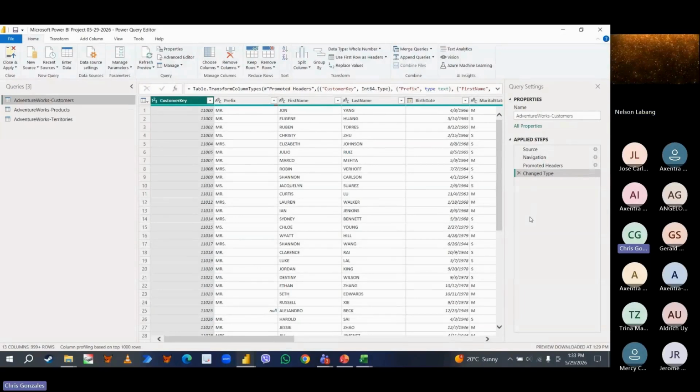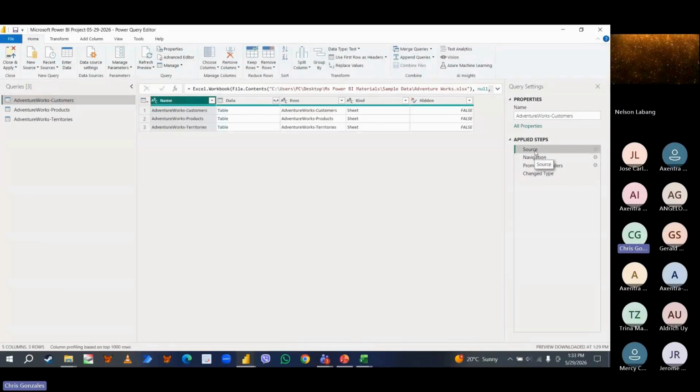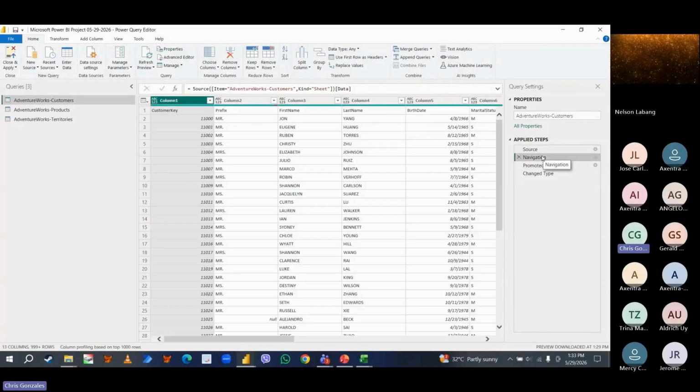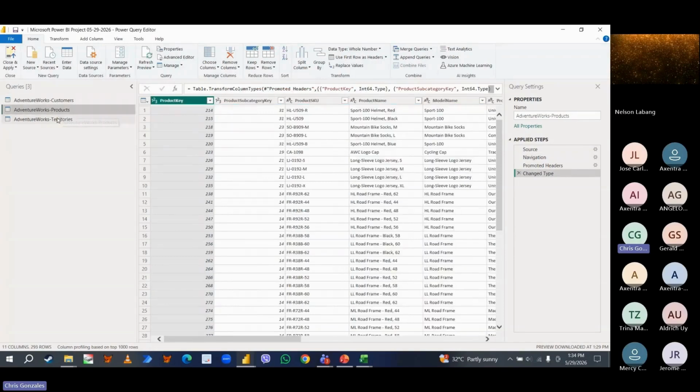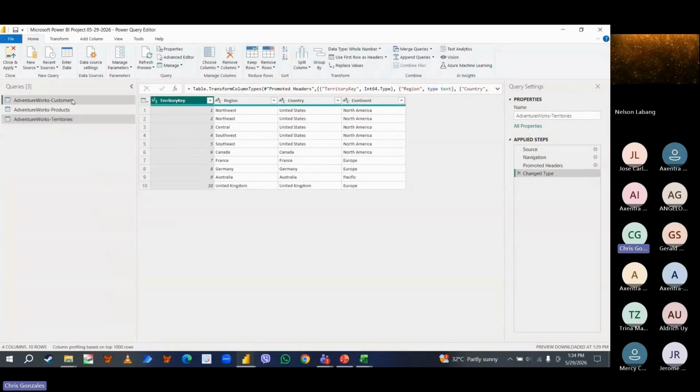Every time you import data in Power BI, it begins with the source. And the original data source looks like this. We have three tables inside the file. Now, Power BI automates the process of navigation, wherein navigation creates a separation of the customer, products, and territories tables.